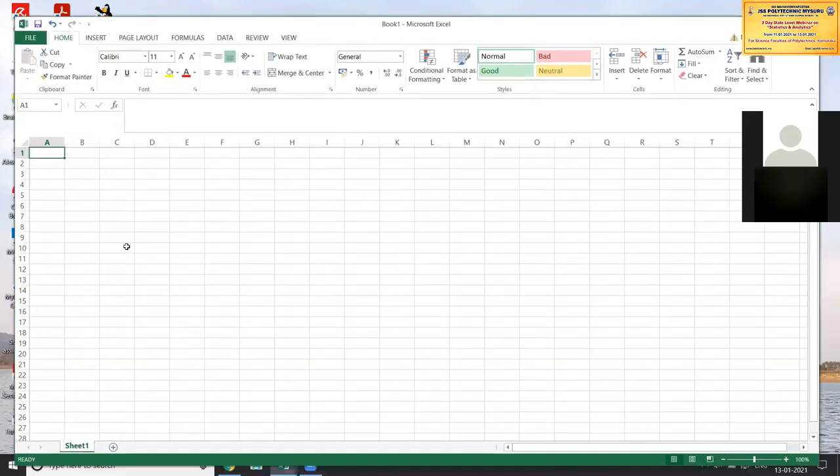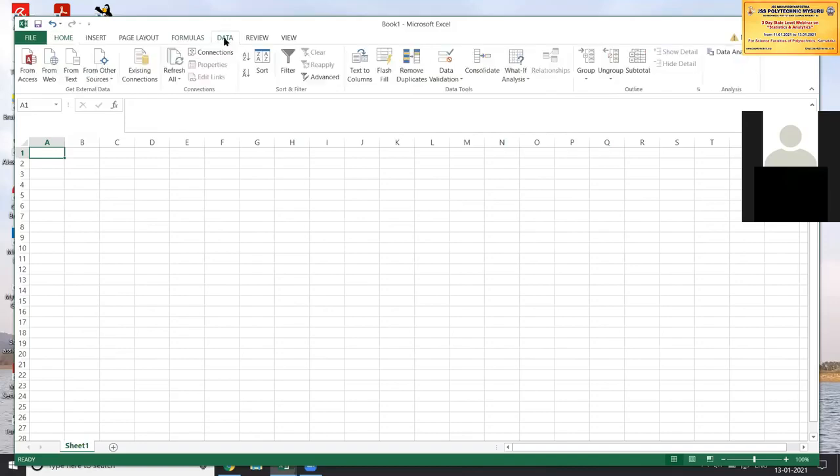This is the sheet. These are the menus which are going to help us perform different tasks. By default, you will have the Home menu. The most important menu that we require here is Data, in which you should have the Data Analysis tool. I'll illustrate again how to install or enable it if you don't have it.